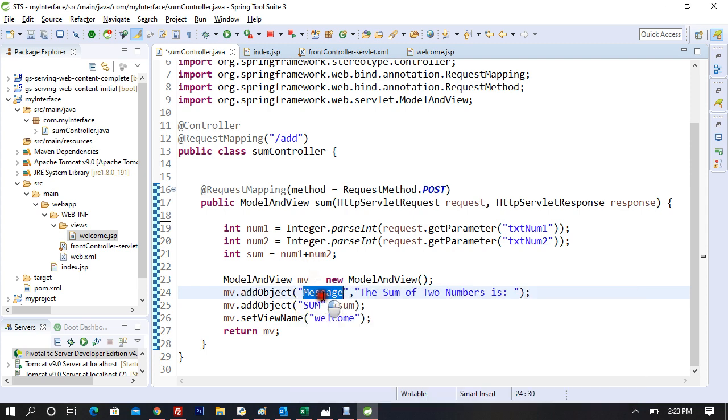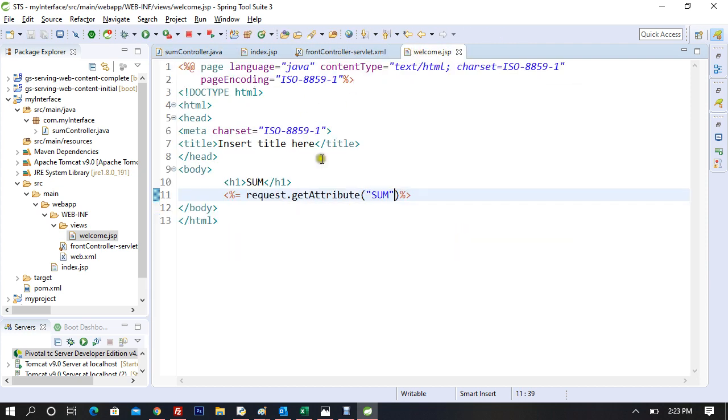One is the message, another is the sum. Returning the view back, but before returning the view back, we are setting the view which is going to resolve this, that is welcome. Now I go to welcome.jsp. I say request.getAttribute. I can either do this or I can do many different things, which is either going to be request.setAttribute, or